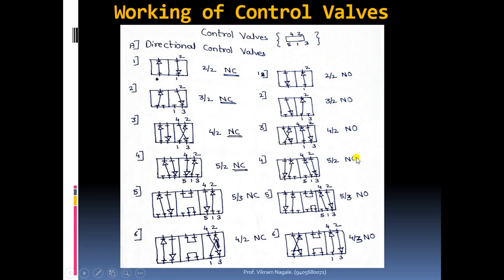And now this is the 5 by 2 normally open, सेम लाईक दिस, बट फक्त इथे एकच डिफरन्स आहे, जो लेफ्ट साईडचा ब्लॉक आहे तो तुम्हाला राईट साईडला दिसेल आणि जो राईट साईडचा ब्लॉक आहे तो तुम्हाला लेफ्ट साईडला दिसेल. That is the only difference. You keep this thing in mind. That is only for NC. NO you will get, that is the second side of a coin. So that is how you have to remember the things while drawing the control valves. Now this is 5 by 3 NO and this is a 4 by 3 NO.